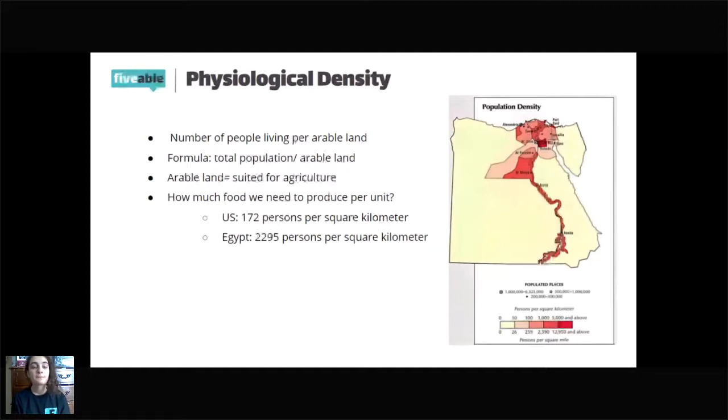So physiological density tells us how much food we need to produce per unit, square kilometer, whatever. If the physiological density is higher, that means the land needs to produce more food to support the population in the region. But if physiological density is low, that means,